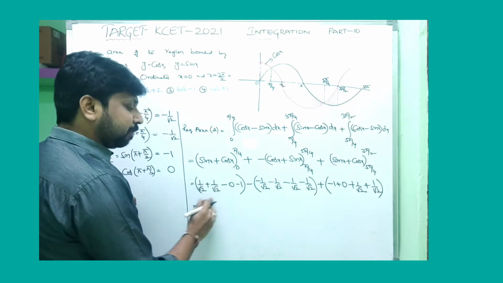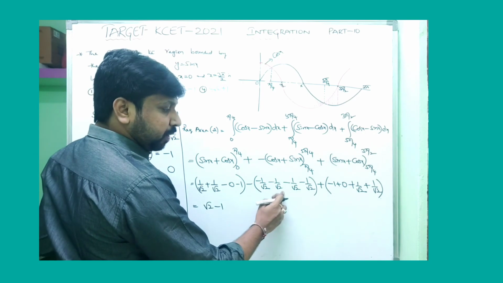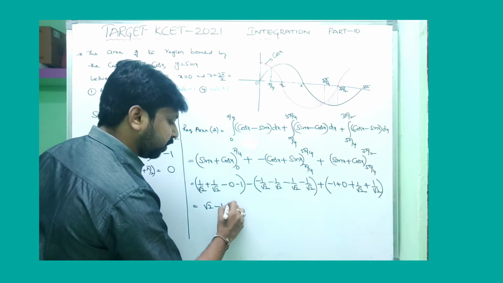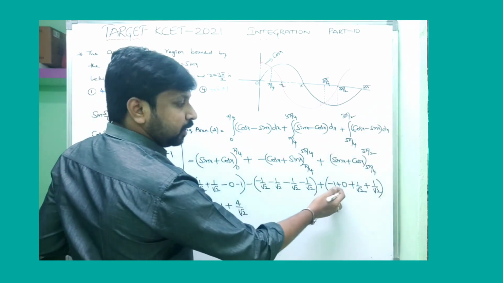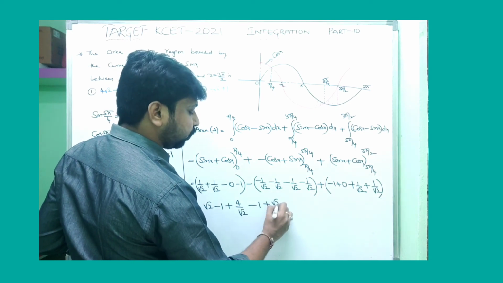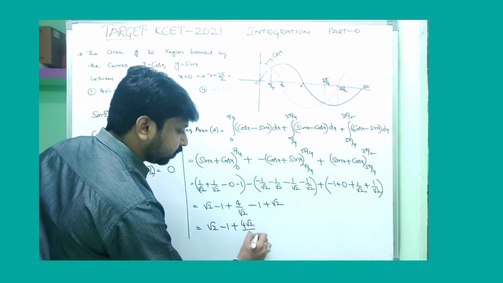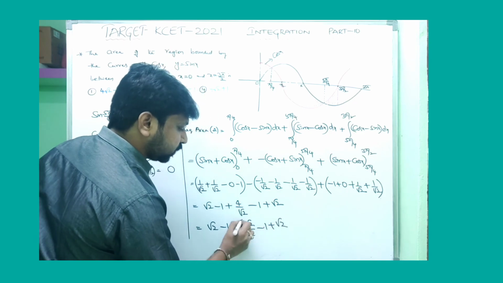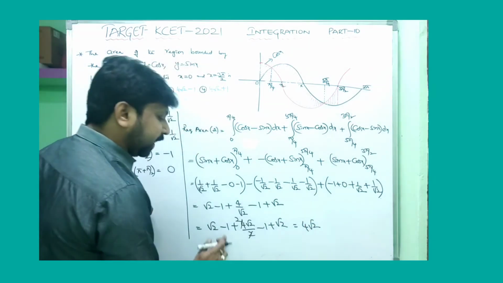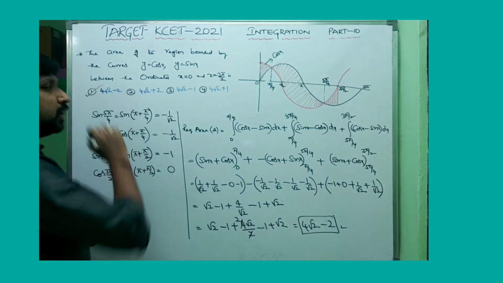Then the calculation becomes 1 by root 2 plus 1 by root 2, 2 by root 2, that is root 2, minus 1. Minus 1 by root 2, minus 1 by root 2, minus 1 by root 2, minus 1 by root 2, this is minus 4 by root 2, minus of minus plus 4 by root 2. Then plus into minus is minus, 1 by root 2 plus 1 by root 2 is nothing but 2 by root 2, that is root 2. So root 2 minus 1 plus 4 root 2 by 2 minus 1 plus root 2. Then the 2s are cancelled. 2 root 2 plus root 2 plus root 2 is 4 root 2, minus 1 minus 1 gives minus 2. So the answer is 4 root 2 minus 2.